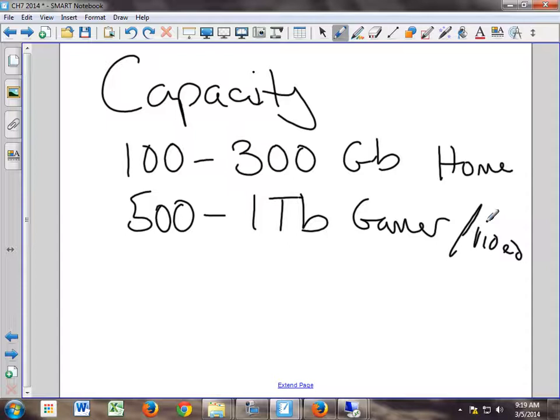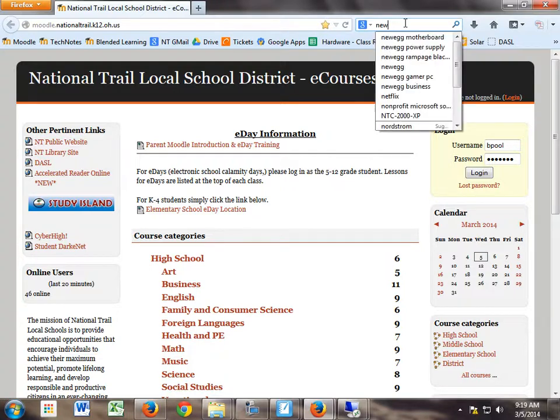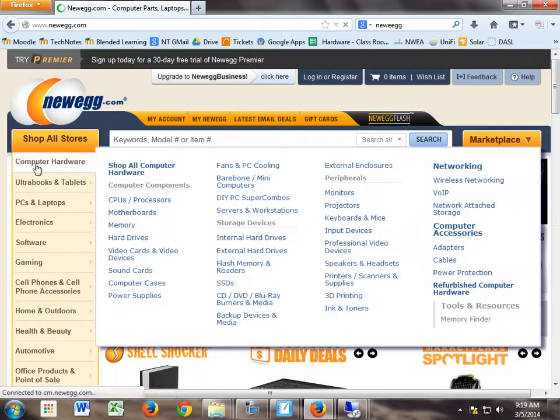So if you got a home PC and you got a 300 gig, and the prices have come down so much, it's amazing. I mean, I know you guys didn't shop for hard drives, but it used to be we paid a ton for a decent sized hard drive, and now if I go and look at hard drives,